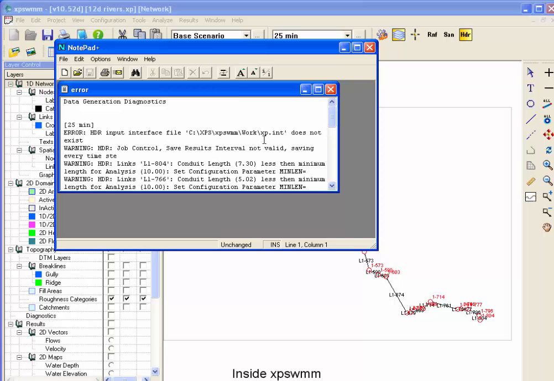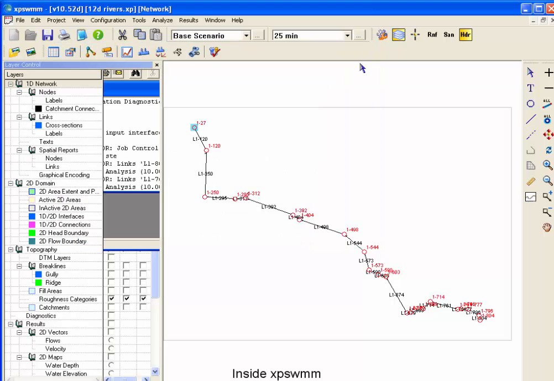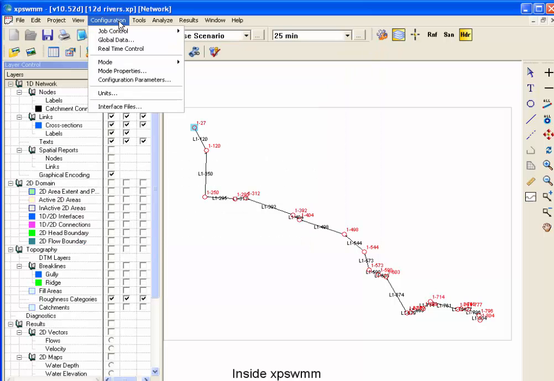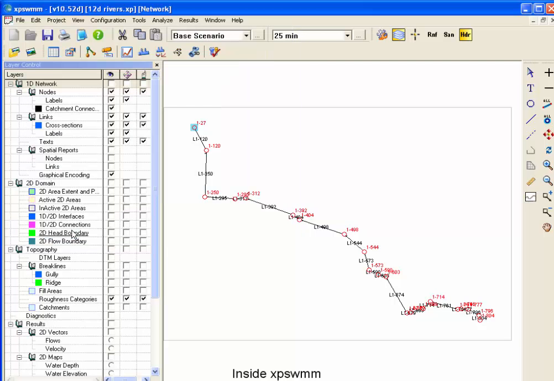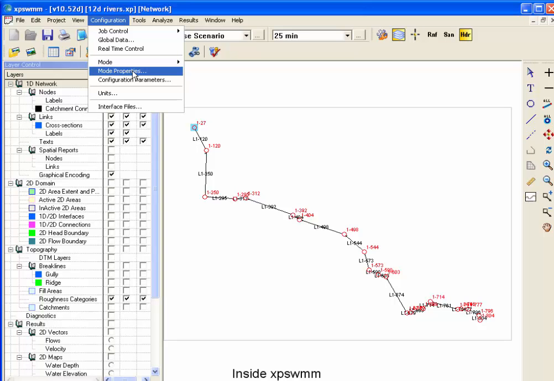It tells us that there's no interface file. Well, that one we can fix up pretty quick. Configuration down to interface files, and we'll make sure we turn off that interface file because it's not being used. Now those 2 settings that we changed, the global storm, the configuration mode properties and the interface files, if we